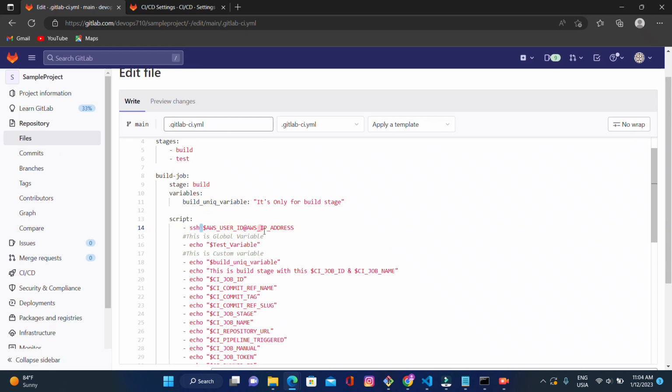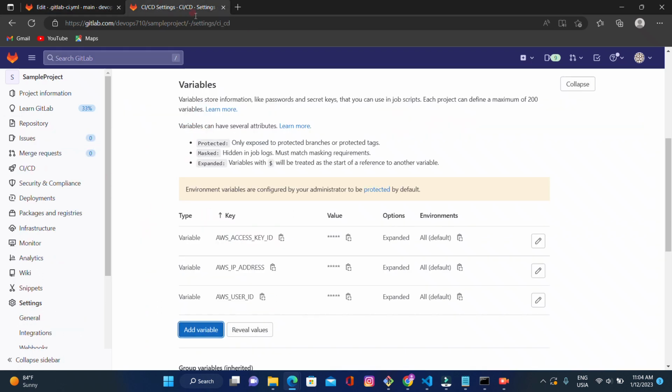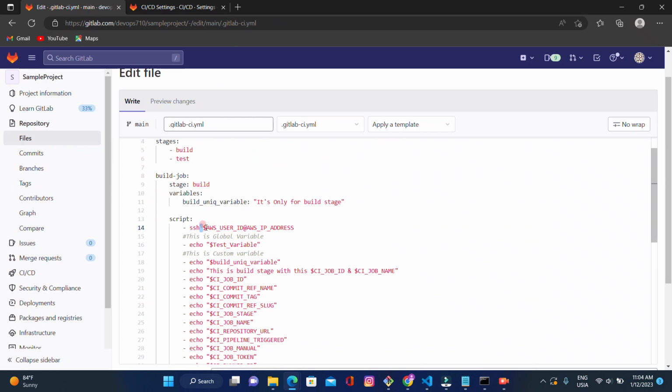So these values are called from these UI variables using the AWS user ID and $AWS_IP_ADDRESS. And if you click on commit and check the pipeline, your SSH means your server will log in using both of these variables. Currently we didn't set up any AWS server, so it won't work here. So we'll see in the coming videos how to